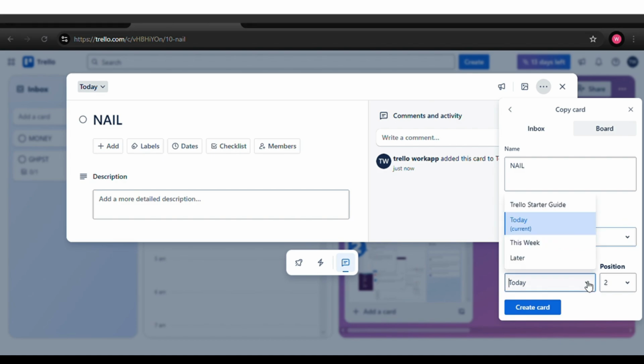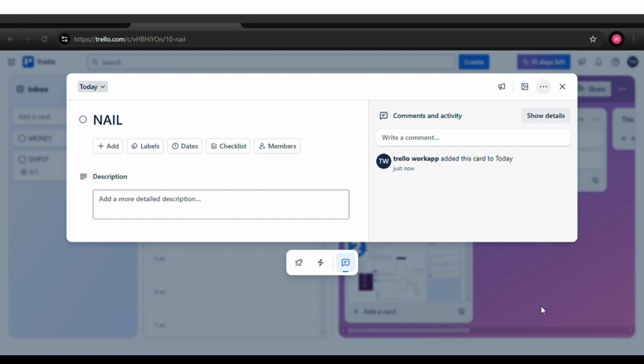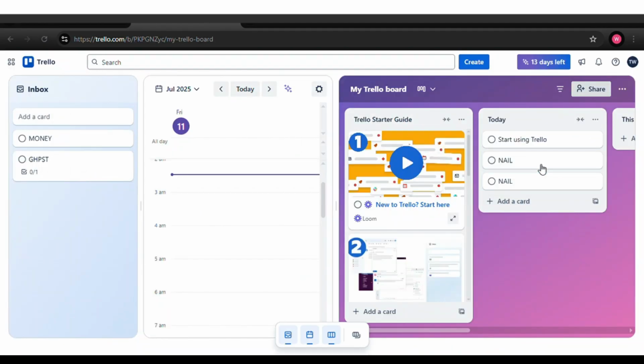If you want to copy an entire board, open the board, click Show menu, then click More, then click Copy Board. You'll be asked to give it a name and select a workspace. This will duplicate the structure and all cards. Keep in mind, this doesn't link the boards, it's more of a one-time duplication, but it's a great way to consolidate tasks or reuse